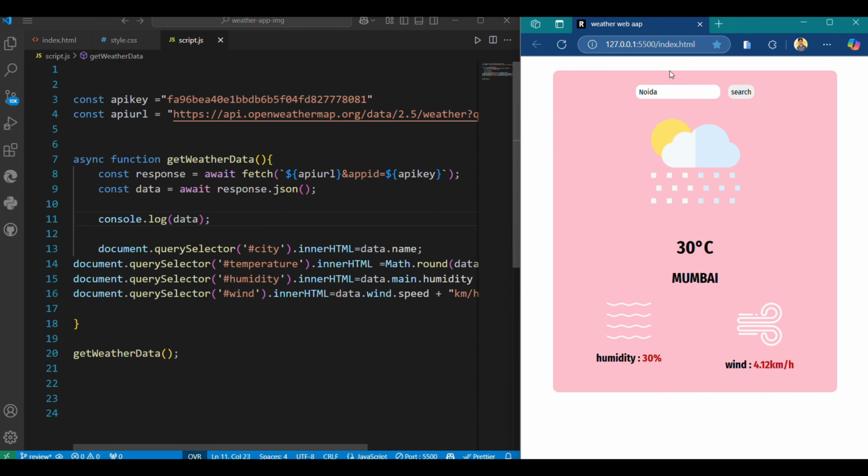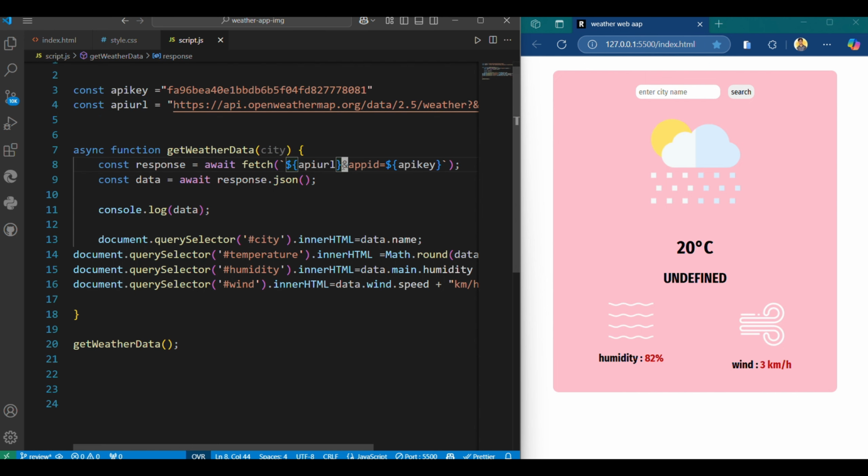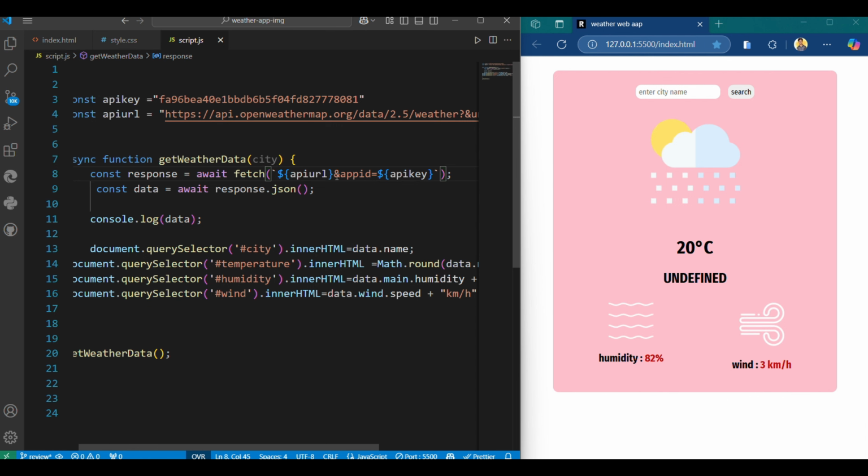Now let's work on the input field. When we enter the city name inside the search box, it will display that particular city name and the temperature, humidity and wind speed for that city. To achieve this, we don't have to do much. We just need to modify the getWeatherData function to accept the city as a parameter, and then in the request URL we include the city.